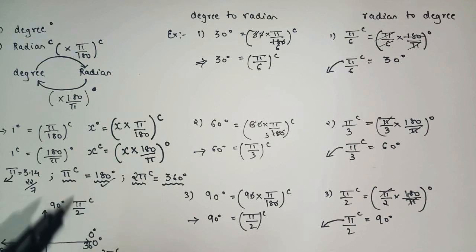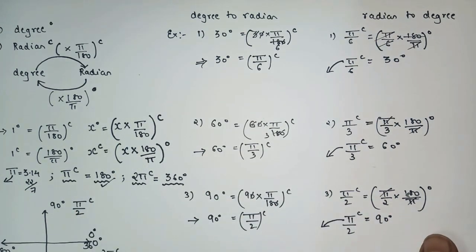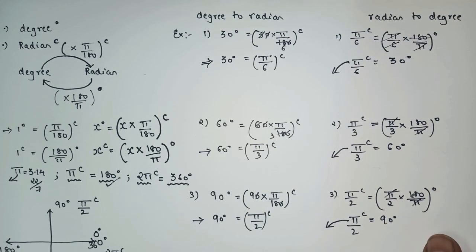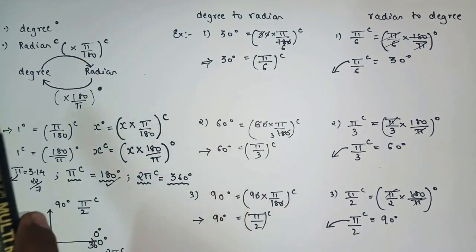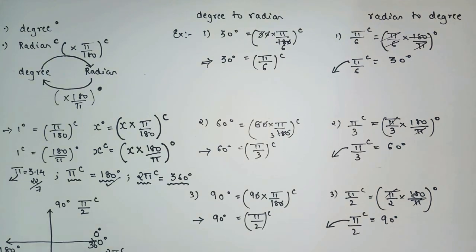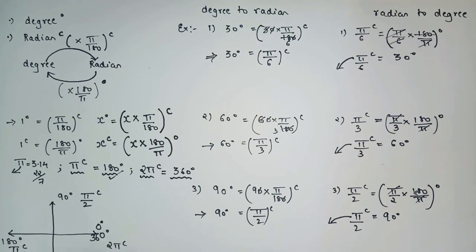And then after that we saw how to convert degree into radian and radian into degree, because in 11th and 12th standard you have to stop seeing the angles in terms of degree and you have to start seeing the angles in terms of radian. So this is the important concept. You must know how to convert degree into radian and radian into degree. So in the next video we'll see two more important concepts based on this chapter. Okay.